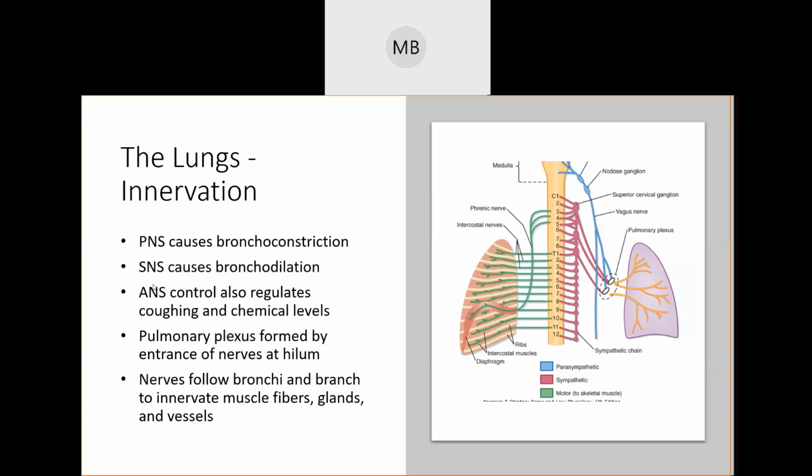Your sympathetic nervous system, that's fight or flight responses, kicks in and causes bronchodilation. Remember, if you are getting ready to run for your life or fight that bear, you need as much air as you possibly can. So your sympathetic nervous system reflexes are going to take over, and they're going to cause all of your bronchial tubes, like your trachea, your bronchi, bronchioles, all of them, to dilate or open big and wide to allow as much air in as possible.